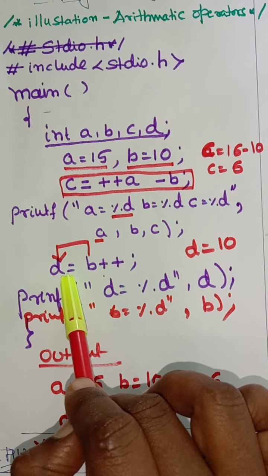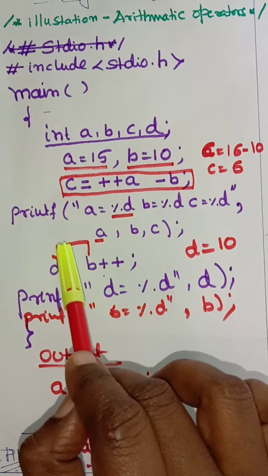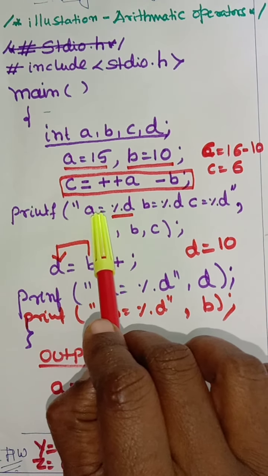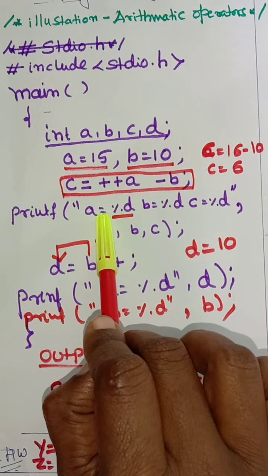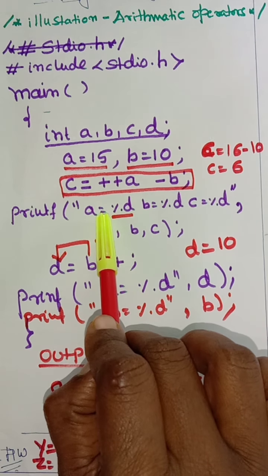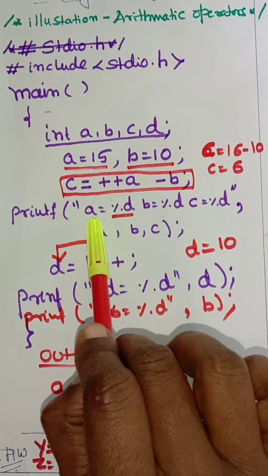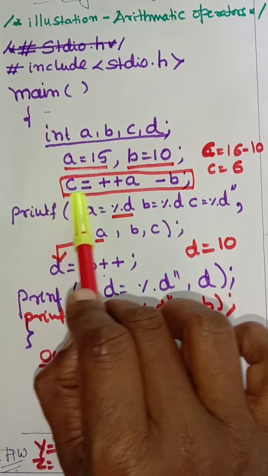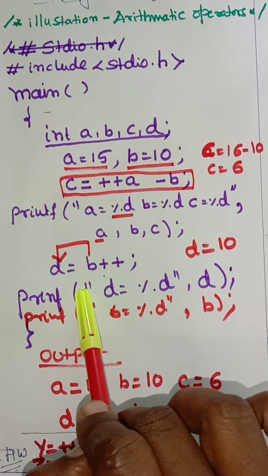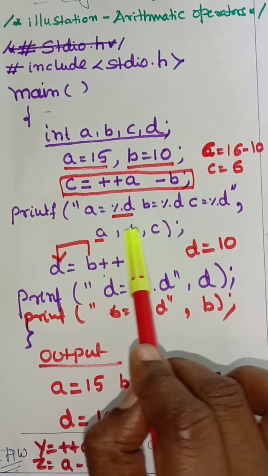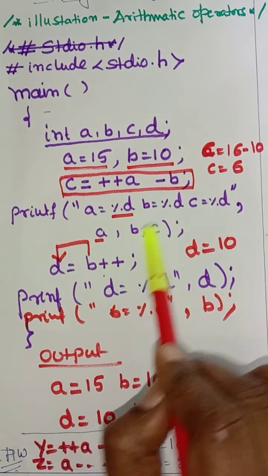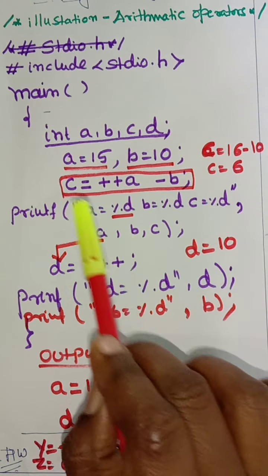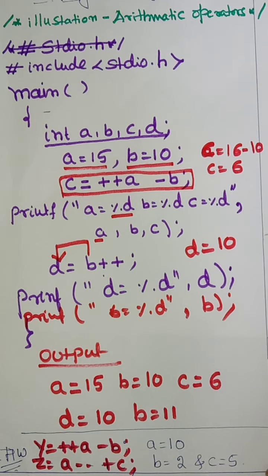Understood? Another thing is you can print only one variable in one printf statement, or you can take any number of variables. So here I have taken how many? 1, 2, 3, I have taken here. If you want, you write this d expression here, you take only one printf and you print both the d and the b here also. Okay, now let us move to the next one.